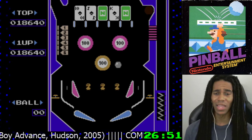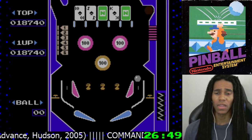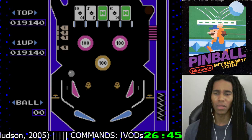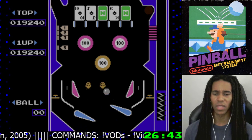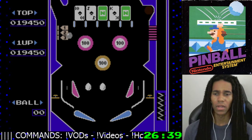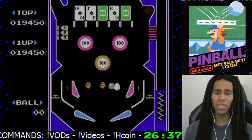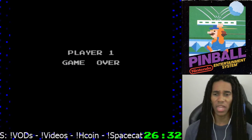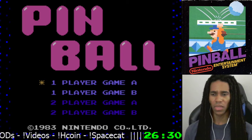It balances it a lot better, I believe, because you're at higher risk of losing a ball when you're on the lower screen. Never are you at risk of losing a ball on the upper screen. So little things like that, I do believe, make the arcade version a more balanced game. Plus, there's no ball save on the lower...